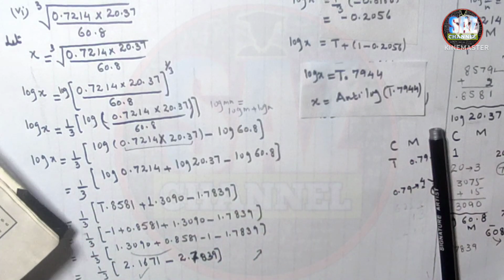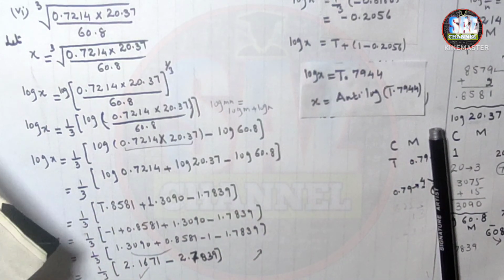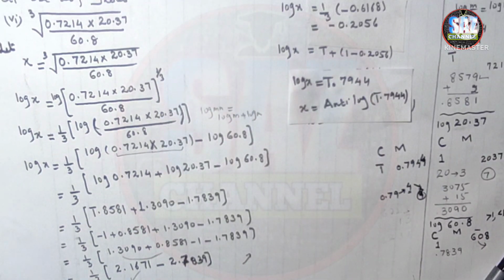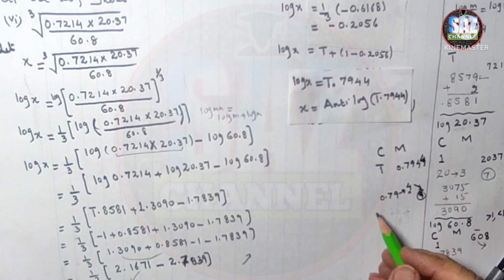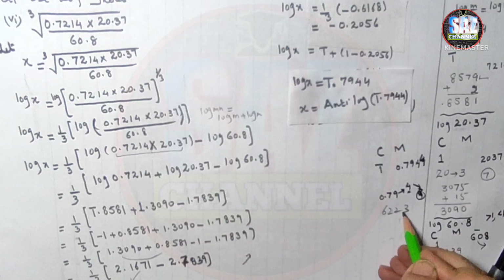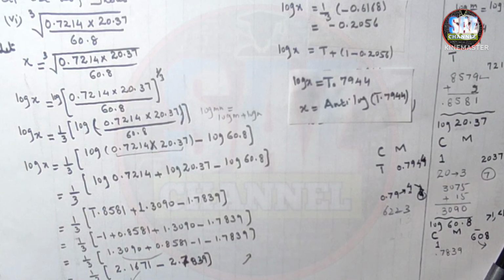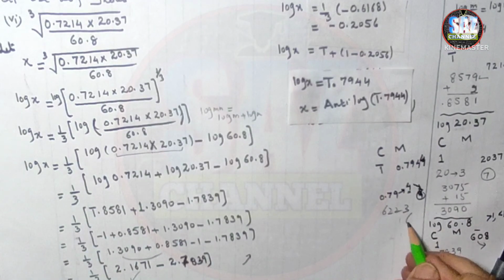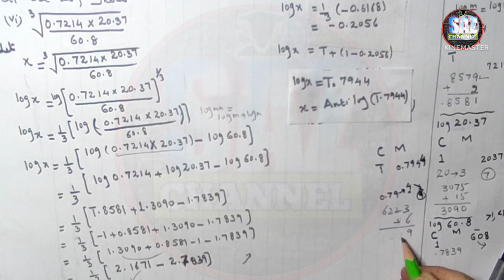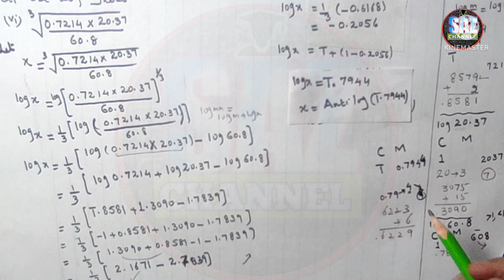0.79 in the column of 4. Let me keep the ruler. In the column of 4 it is giving me 6223. And in the mean difference column 4, I have to add 2 and 6, and as this is the mantissa, it has to be in decimal. So in the beginning, let me place the decimal here, and it's the time to discuss the role of characteristic,